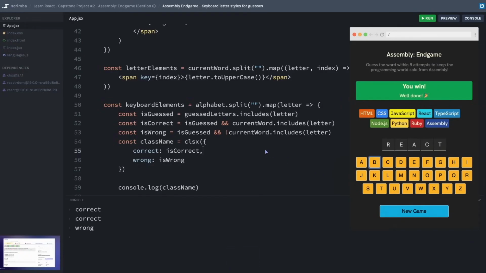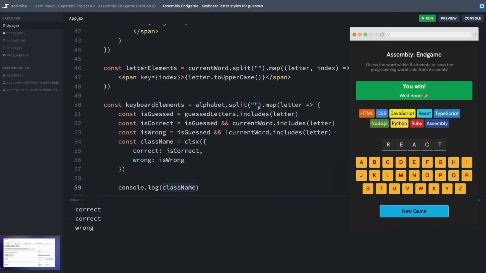And that's because what it's doing here, as it's looping through the entire keyboard, it's looking at each letter and it saw that A was guessed and it is in the final word or the current word, which is react. So we have an A there. isCorrect became true. It applied the class name of correct and then it just console logged that class name for that specific letter, which was correct.